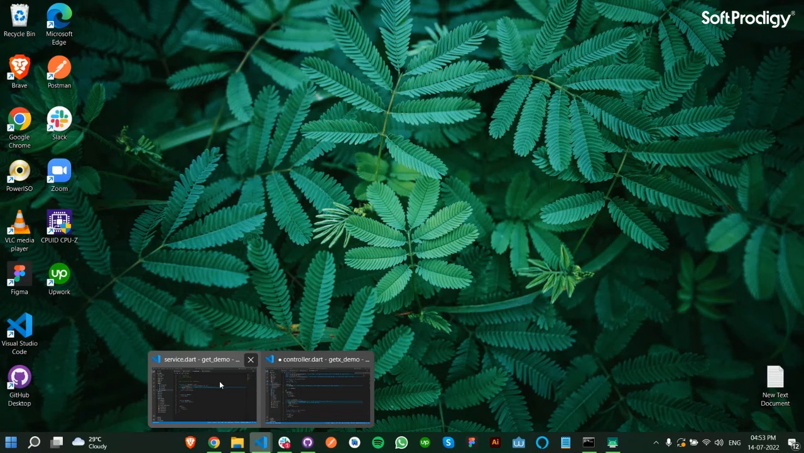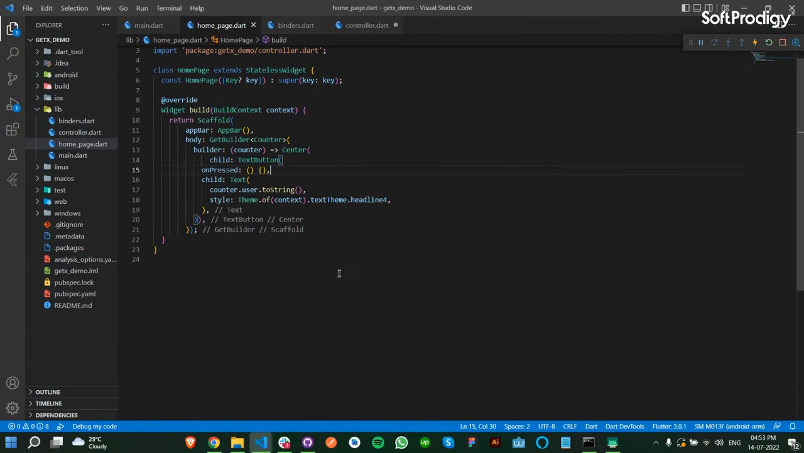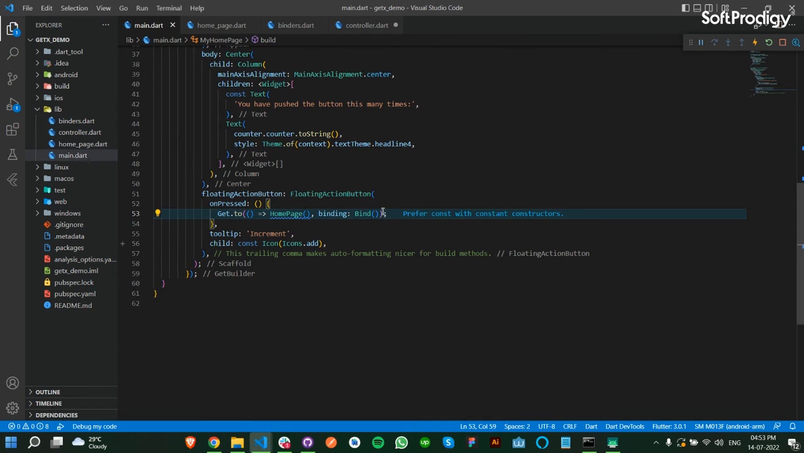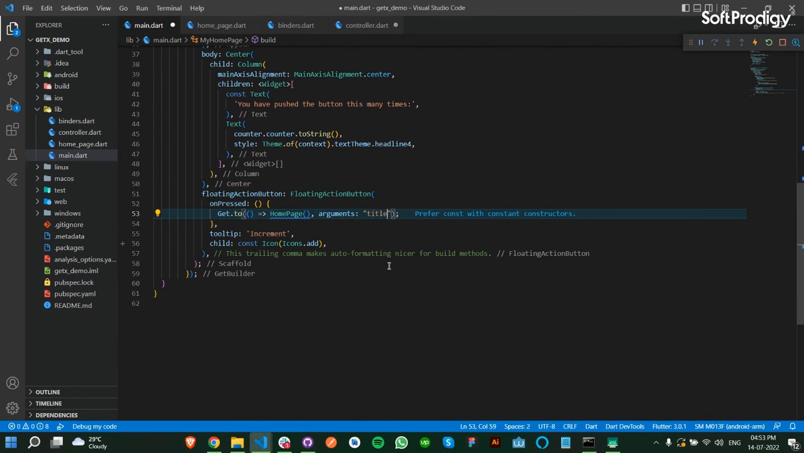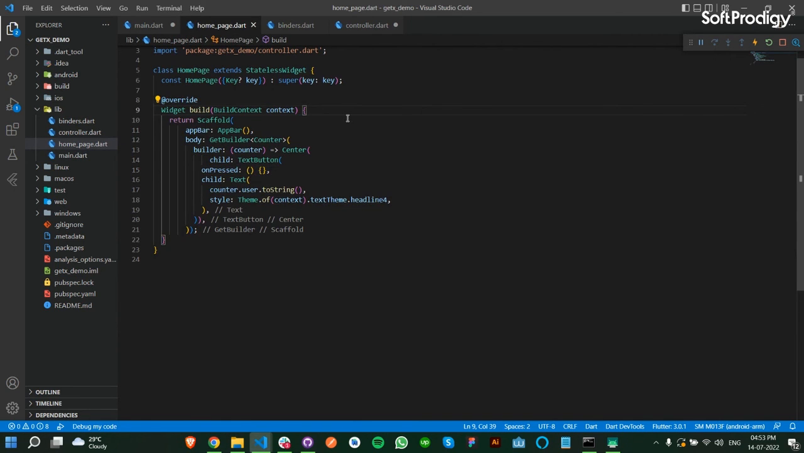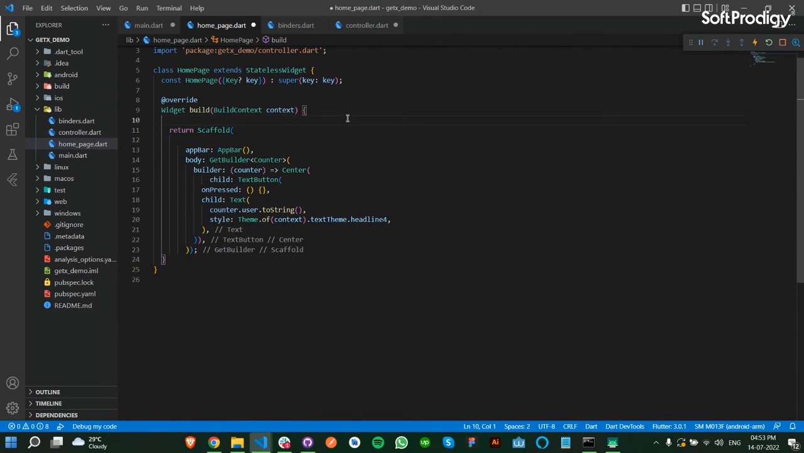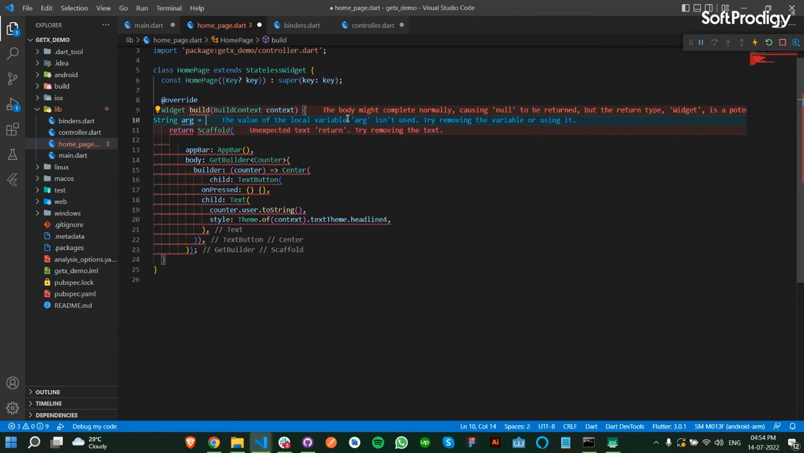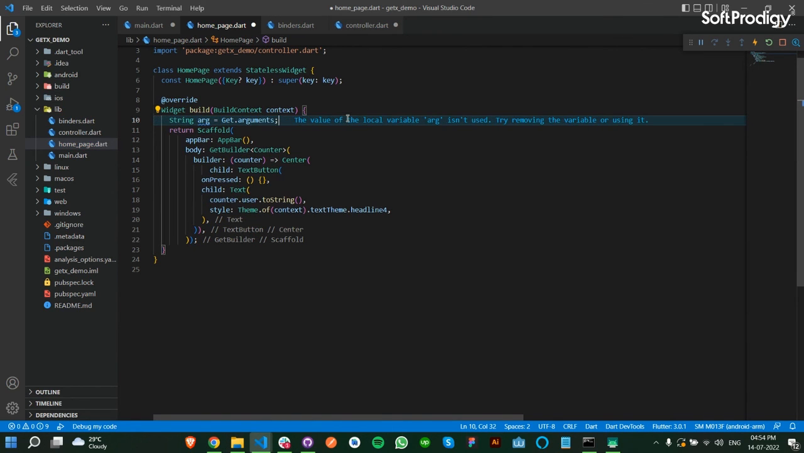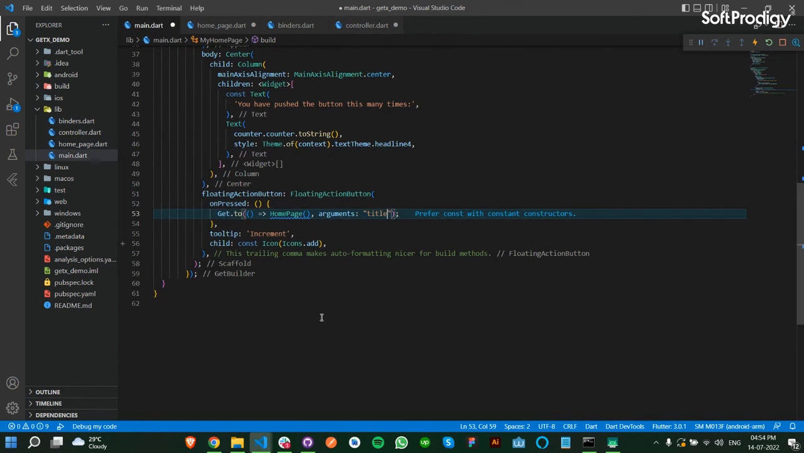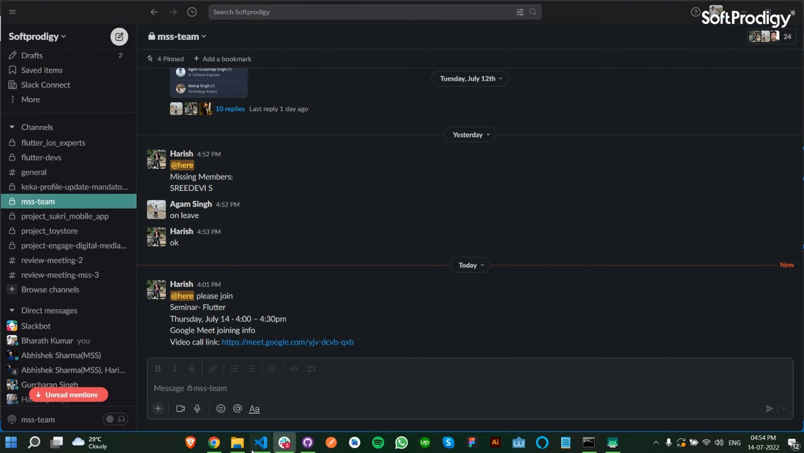For example, let's say this is a home page. Here you are passing the binding, right? You can also pass some arguments like title, and you can access this from here, like String arguments equal to Get.arguments, and you can use these arguments wherever you want inside this application. Even for accessing the arguments, you would need a context, right? So basically,